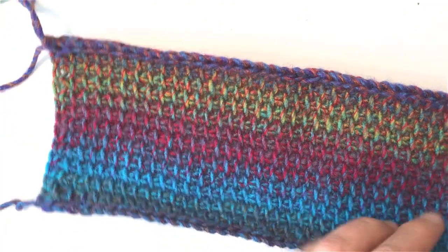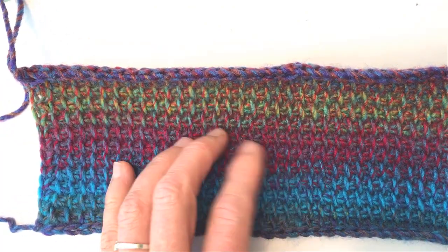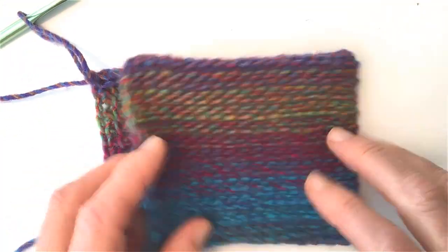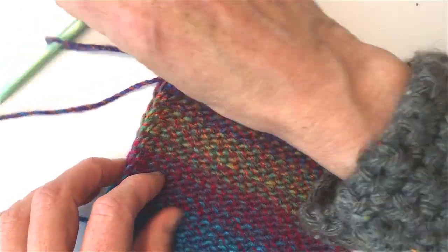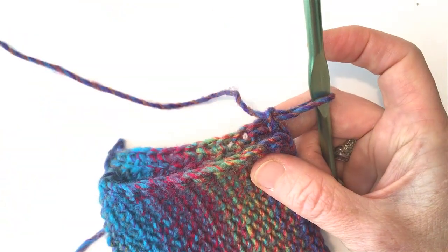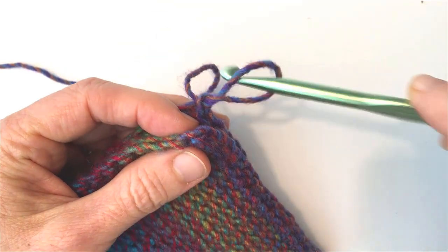So for sewing this together, this is our right side with all our vertical bars in the front, and this is what the back side looks like. We're going to fold it over itself with the right side on the inside, and we're going to line up the 2 edges. Then what we're going to do is take the loop off your hook,